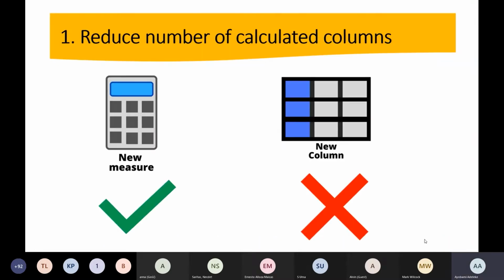So let's proceed. The first tip I'll be talking about today is to reduce the number of calculated columns you have in your data model. Sometimes when I see people building reports with Power BI, you get to see a whole lot of calculated columns in their model. Fine, it works, it gives them their result, but at the same time, in terms of performance,